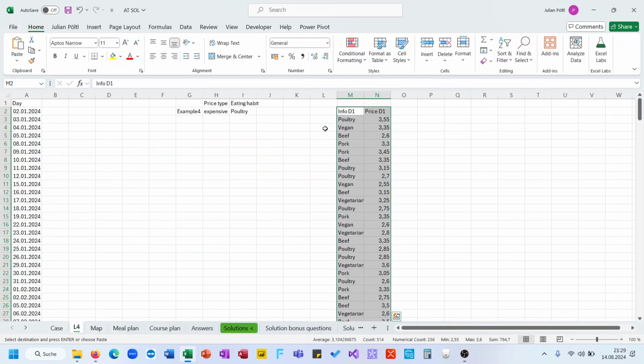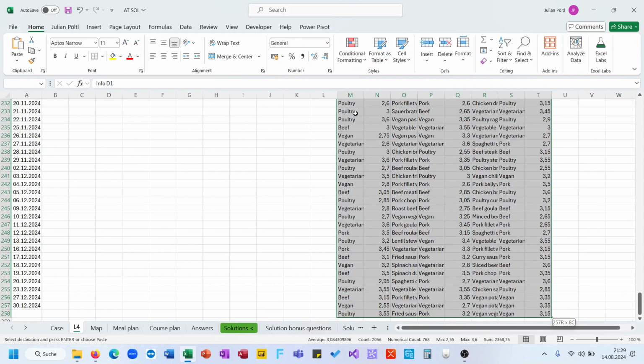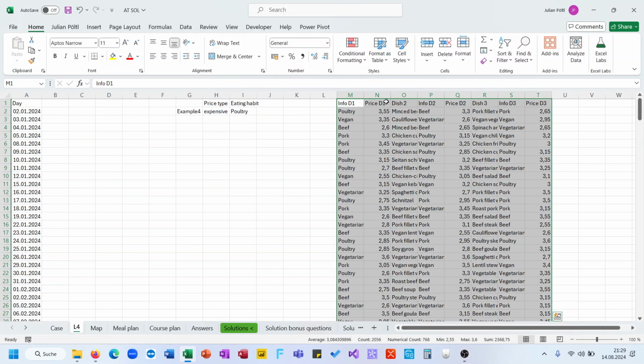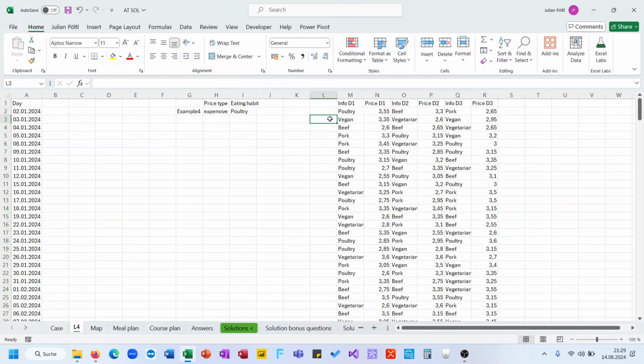Control C. Control V. Oh, I need to bring it a little bit up. Delete the names. The names aren't interesting. Yeah. So let's do it an easy way. So D1, D2, D3,